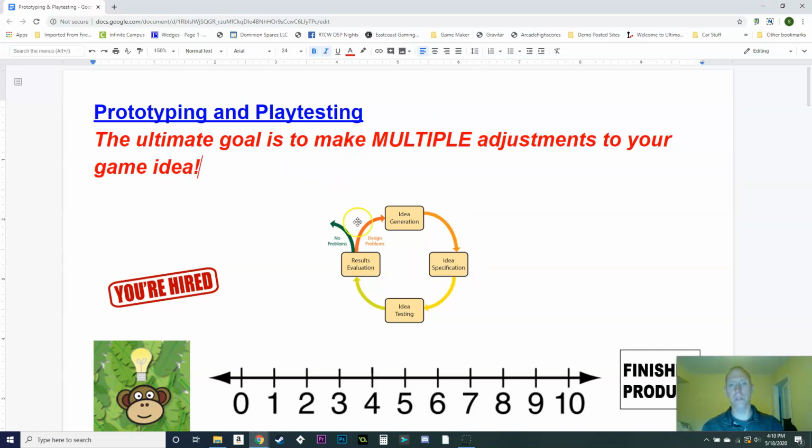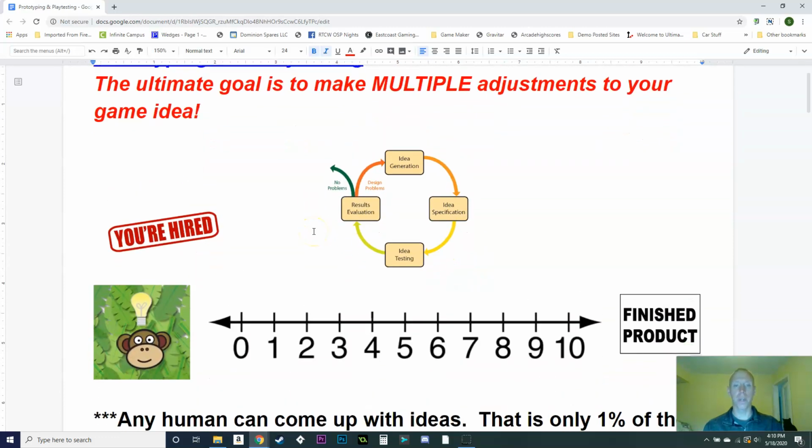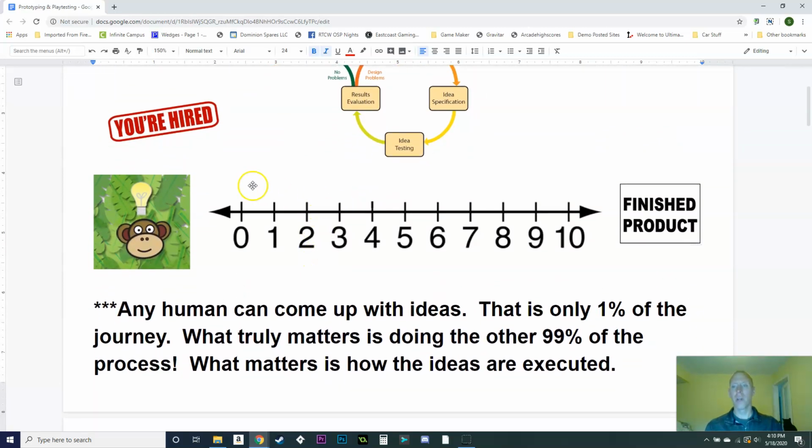So of course we've got our game design process here. We create ideas. Let's specify those, clear them up a little bit. Let's test them out. So that's the big thing that we're doing now. And then we're going to keep going around in this circle until we're satisfied. If we think of this continuum or this line here, we were at number 0 prior, where we didn't have any ideas. And now maybe we're a little bit further in here. Now we have some ideas and we're ready to move further.